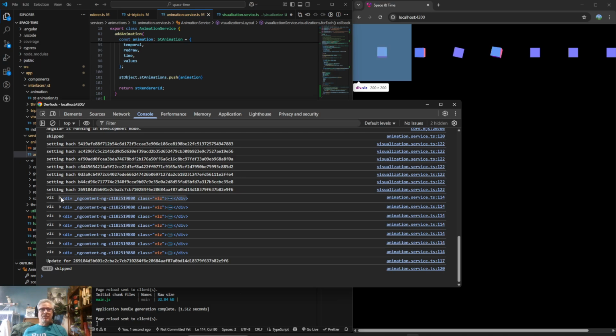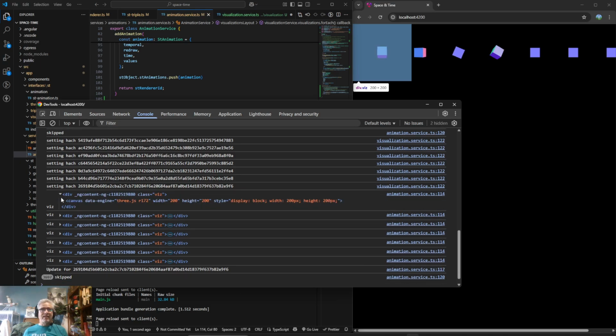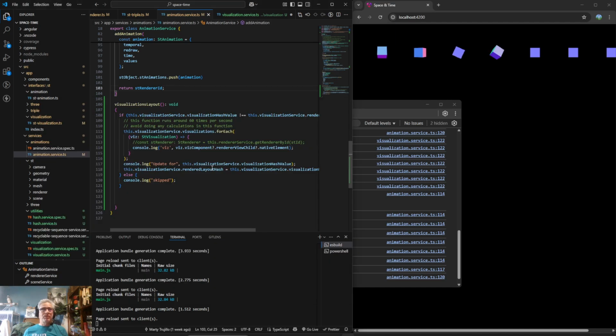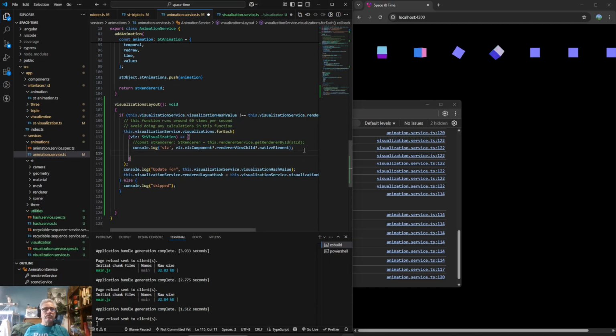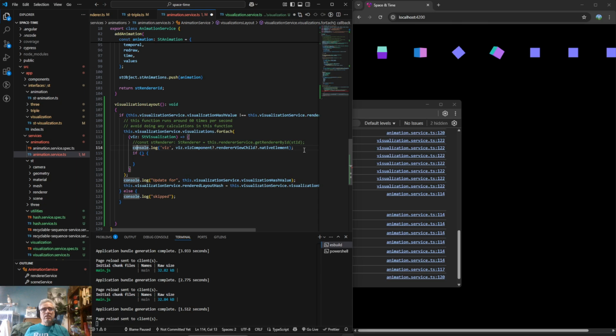So now I have my visualization, and I believe I can set its left position. I think what I want to do is just check to see if it exists. Don't attempt to operate on this thing unless all of these exist. And then